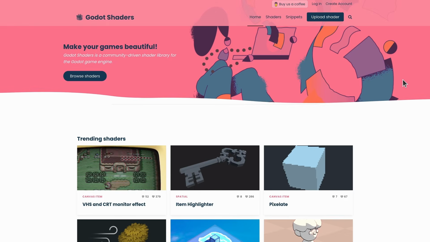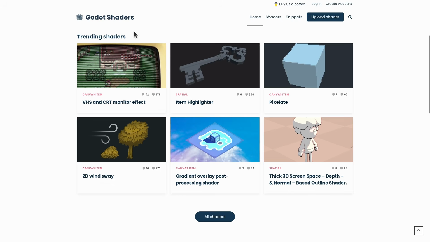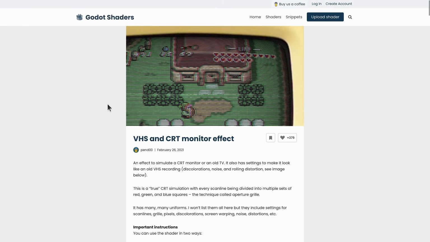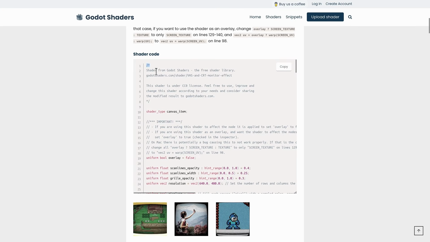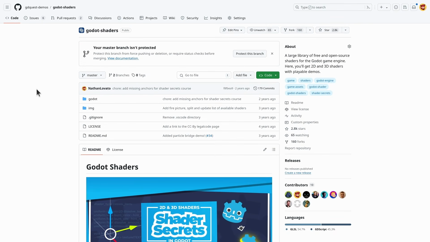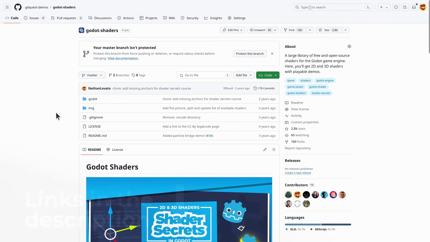The reason I'm showing you how to create a shader material is because you can find many open source shaders on this website, godotshaders.com. For example, this effect to create an old school TV display. You can click those shaders and then go find the code right there that you can copy, save in a GD shader file, and then you can use it in a shader material resource as we just did. We also made our own little repository of open source shaders that you can find as Godot shaders on GitHub. You'll find the link in the description, and there are a bunch of demos in this one with the shader